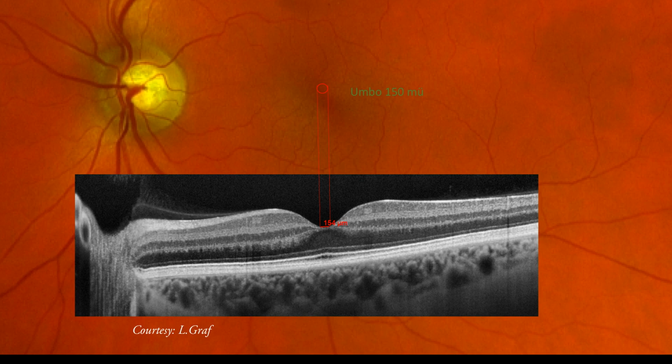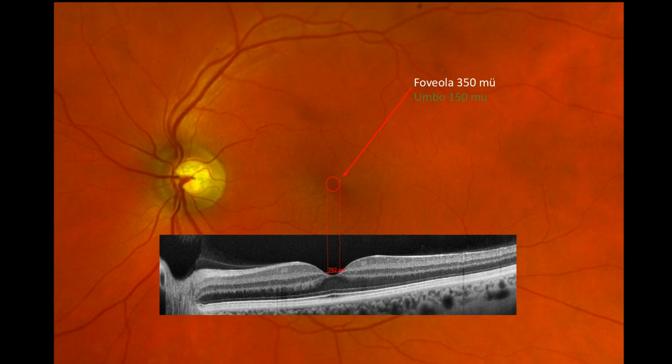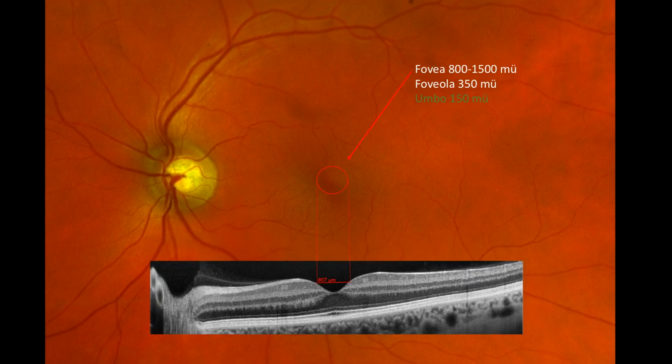First, we will have a representation of the umbo central of 150 microns. Then the 350 microns foveola, then the fovea of 800 microns,